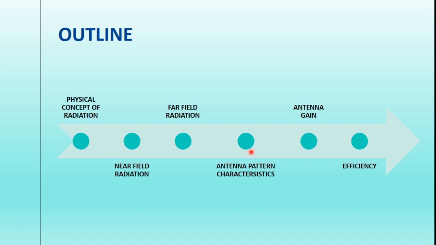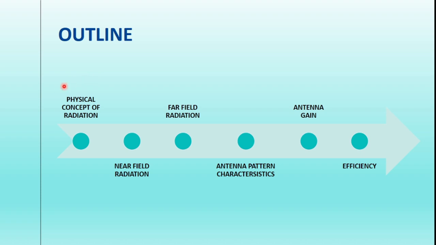In the third video, we will see the radiation pattern that we are going to draw, and the various characteristics of the pattern that we draw from the radiation. And in the final video, we will see various parameters of the antenna. Any device has a set of parameters. Similarly, we will see the parameters of the antenna such as directivity, antenna gain, radiation efficiency, radiation intensity, antenna efficiency, and so on. So no need to be confused about all that.